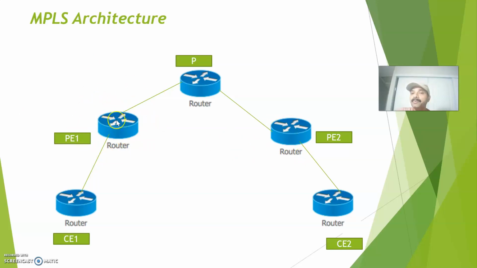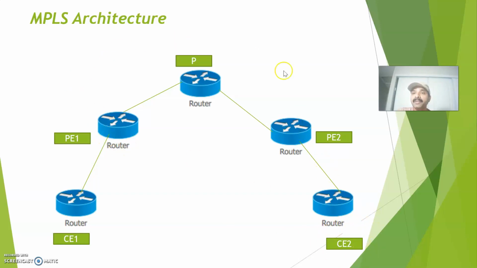It will perform the label push, and this labeled packet will be sent to this core router, which we call the provider router, and this will perform a label swap. Say this label is 16, it will swap the label from 16 to 17. Again this labeled packet will be sent from this provider core router to this provider edge router, which is the receiving end router. At the receiving end, it will pop or remove the label. So what is remaining is only the packet. Then it will send only the unlabeled packet to this customer edge router. So CE1 will send an unlabeled packet, and CE2 will also receive the unlabeled packet.